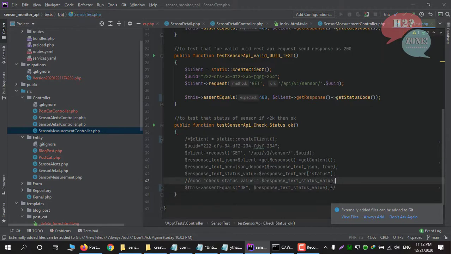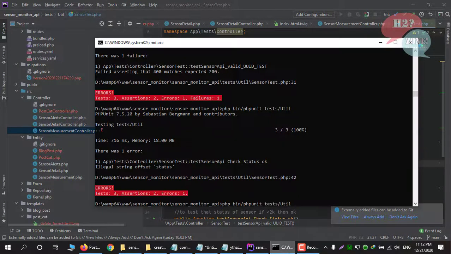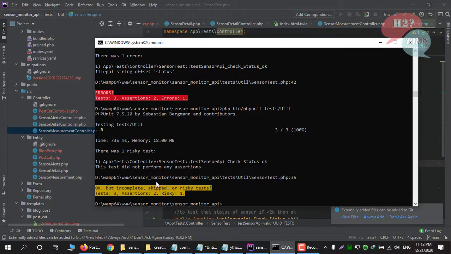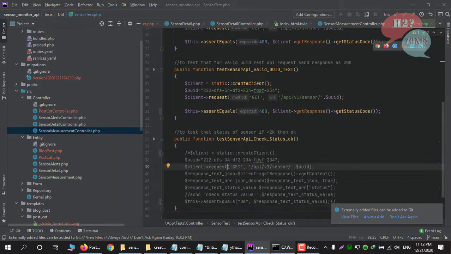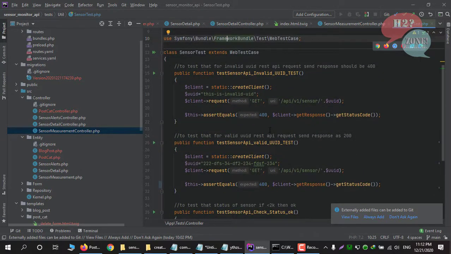For testing purposes I am showing these 2 test cases, so I am going to run again, and you can see that it is working but has some incomplete test, which is this test case. That's why it's showing incomplete. The other 2 cases are good. You can see more about these test case executions and explanations in my other video, which has details related to these test cases.